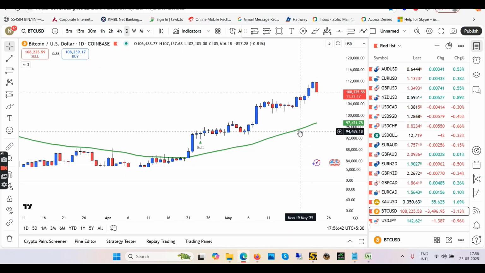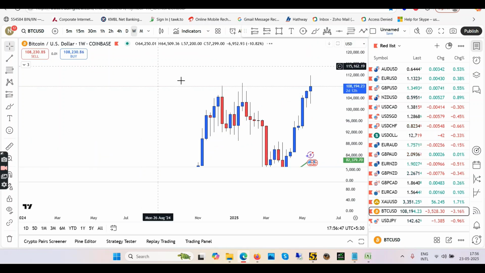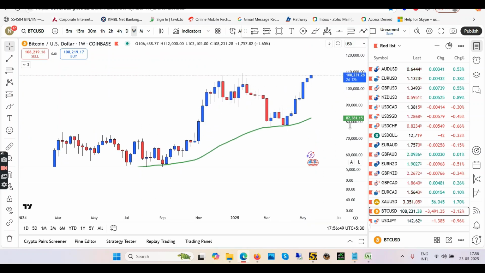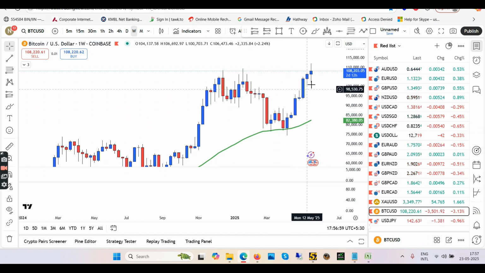Coming back to the chart here and starting with the top down approach, let's go back to weekly time frame in BTCUSD. We have taken down the previous high in BTCUSD. So don't be stupid to enter buy now. This weekly buy trend is over. We're gonna take a pullback now. So don't enter buy. Trend is up, but don't enter buy because this buy trend in weekly is over.